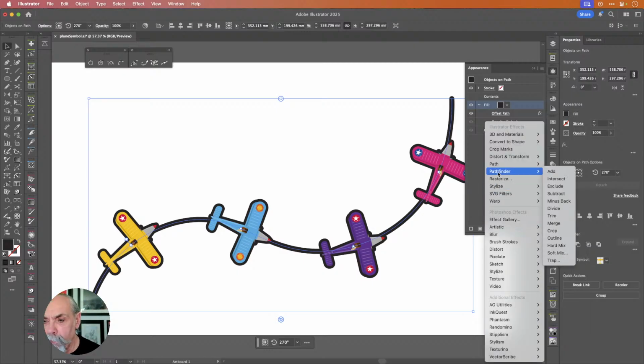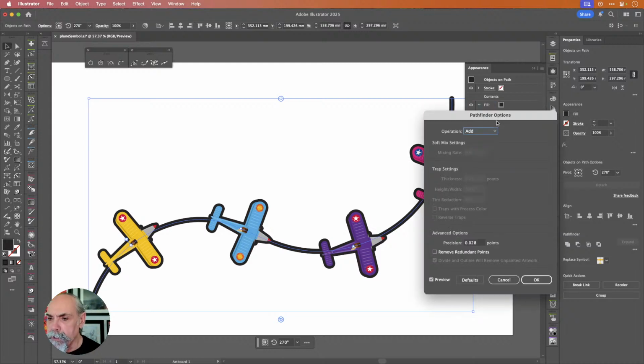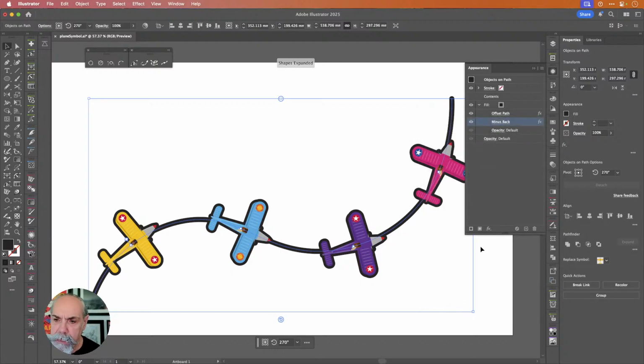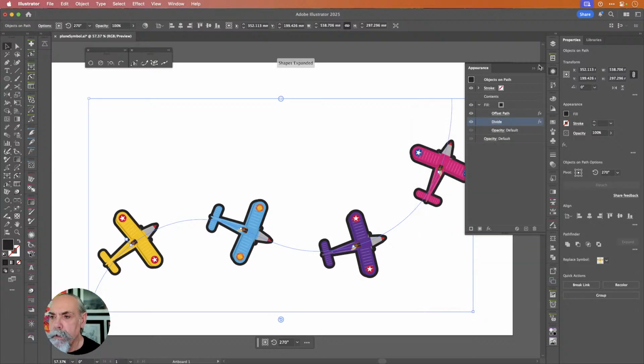I'm going to go to effects just here, then pathfinders. So this isn't in the panel and these things behave differently. If I choose add, this isn't going to do anything, by the way. But if I choose add, now there's a pathfinder working on there. If I choose something like minus front, sorry, minus back, we'll change that and hit OK. Actually, that's not doing that much on there. But what we actually want here is to go to divide, like so. And so now